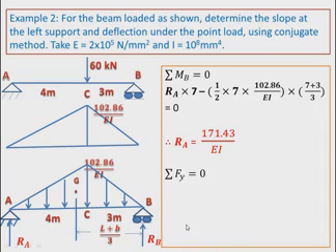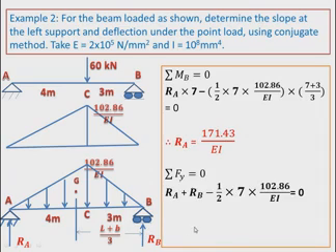Now how to get RB? It is sigma Fy. What is sigma Fy now? RA is upward, plus RB is also upward, minus this much load. What is this? Triangular load. How to calculate the triangular load? The area of that triangle, that is minus 1 by 2 base into height equals to 0. And you know the value of RA here. So if you simplify, RB equals 188.58 divided by EI.